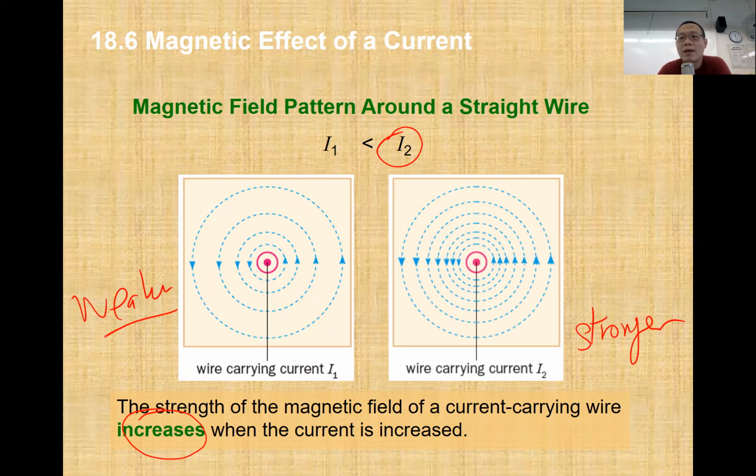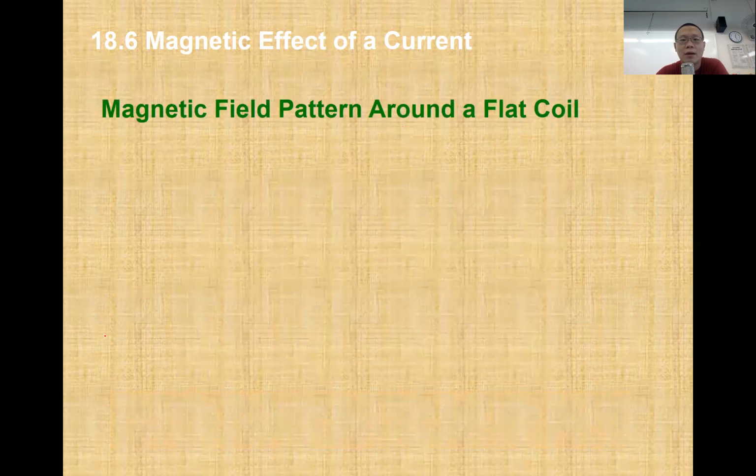The stronger is the magnetic effect. And how do I represent it in the magnetic effect? I will have field lines closer to each other. Okay, now